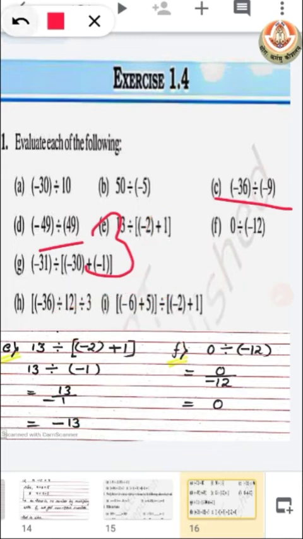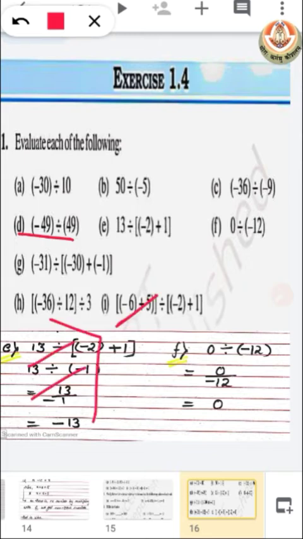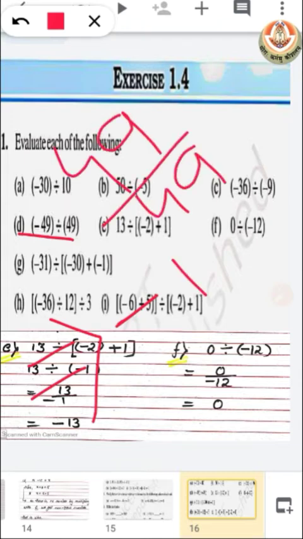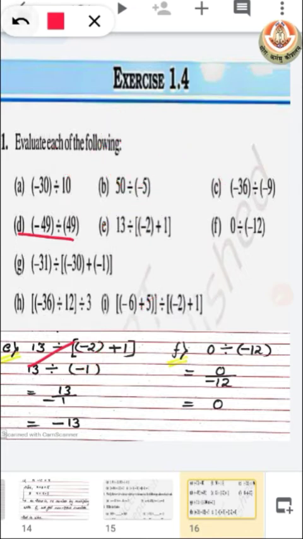Now, D, minus 49 divided by 49. So, one negative and one positive integer. So, the answer will be negative, and 49 divided by 49, the answer will be 1. Okay, class? I hope you all are understanding very well, because all the 4 parts are very easy. Now from the 5th part, E,